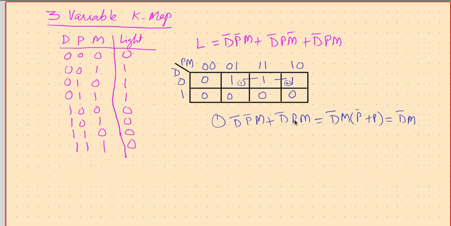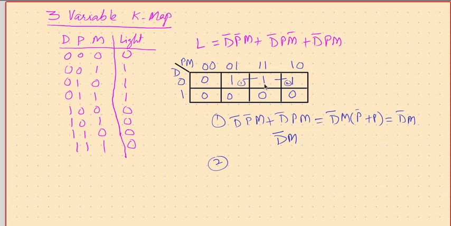So that's our old tedious job. But just looking at this pair, just find out what is common. D is common. Yes, D is common. What is the value of D? In both cells, the value of D is 0. So let me write D bar. Then see, is P common for both cells? P is not common, so don't write P. Is M common? Yes, M is common. What is the value of M? 1. Therefore, write M.